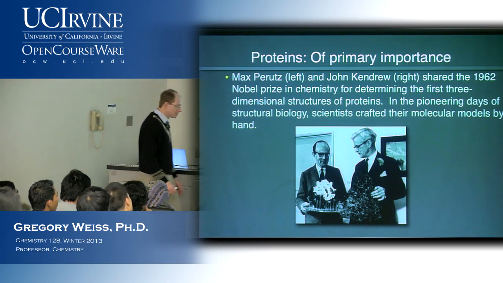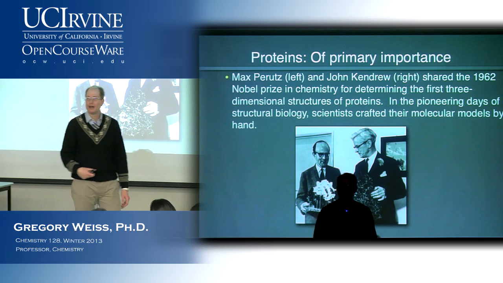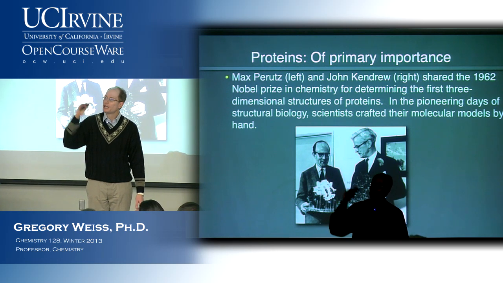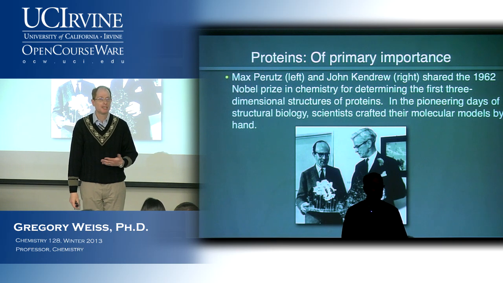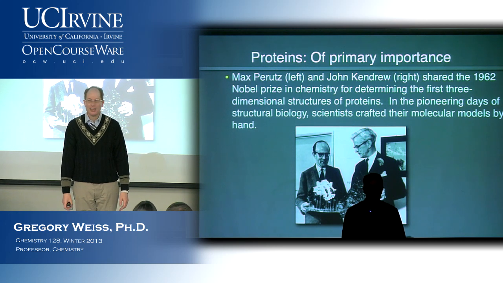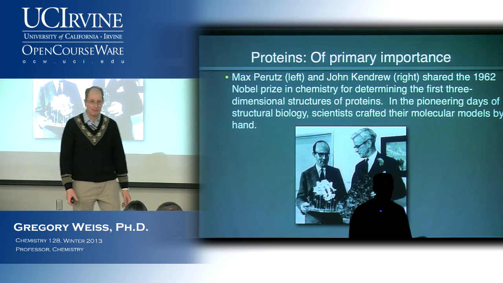Okay, let's talk about proteins. So we're continuing our journey down the central dogma of molecular biology. We've talked about DNA, we've talked about RNA, we're now at proteins. And proteins are named proteins because they were thought originally to be of central importance to the cell. They still are of central importance, despite everything I've told you about RNA and DNA. And I'm showing one of my own little biases.